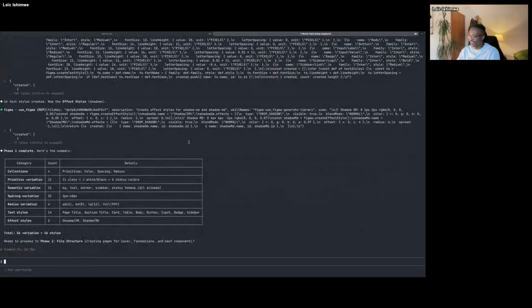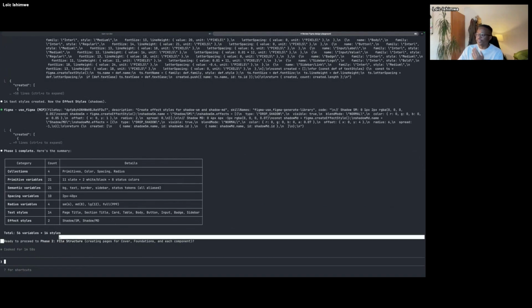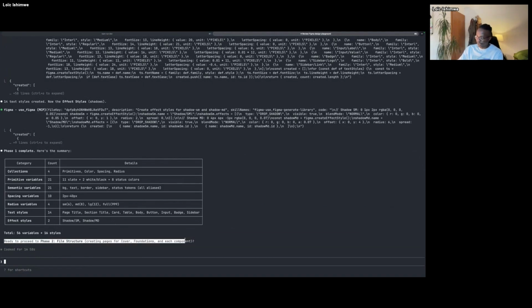So it's going to ask me if it can proceed to phase two to create all the pages for the cover, foundations, and each component. But this might take a while because I'm interested only in the dashboard page. So I'm just going to say again, this is just prompting, right? So go ahead and build the